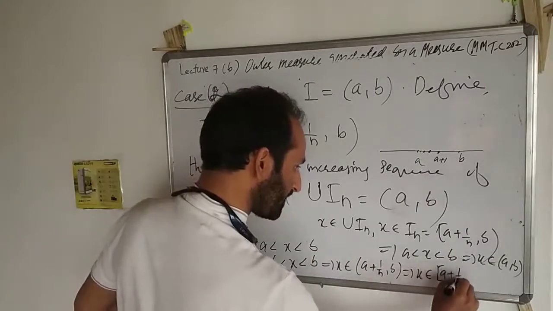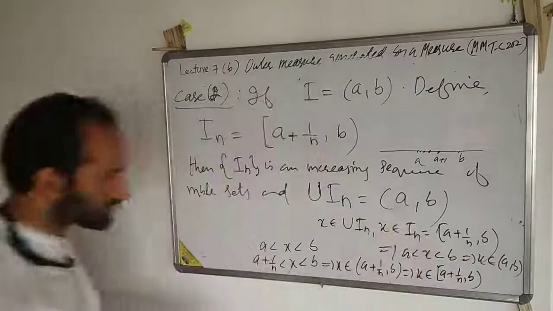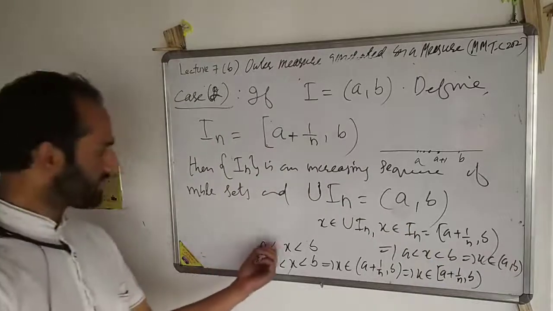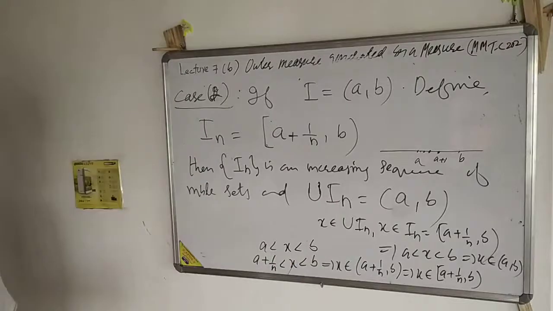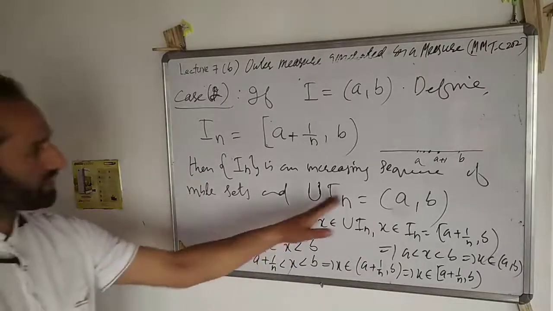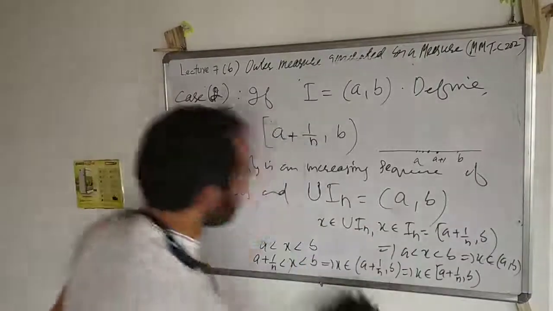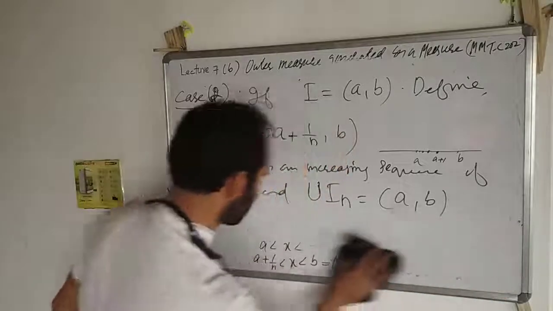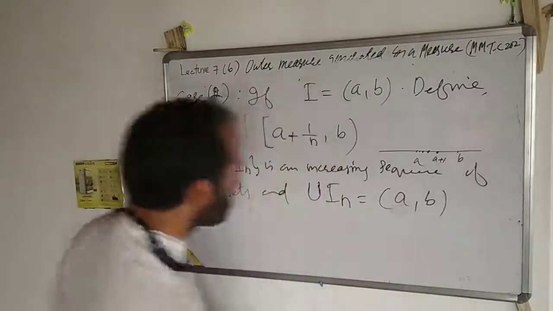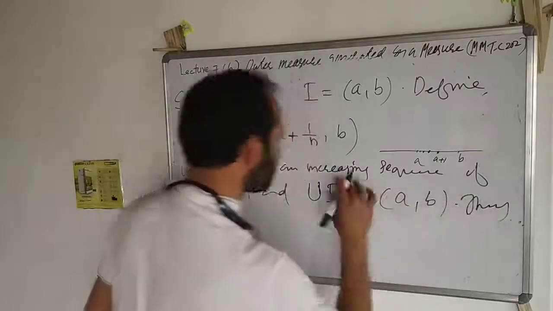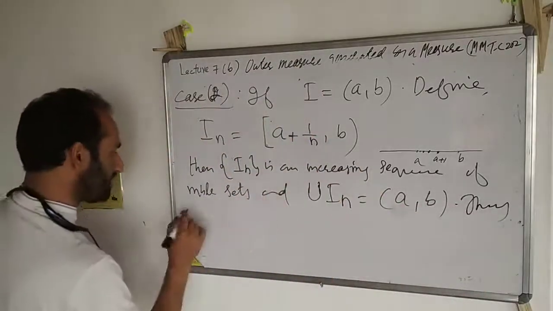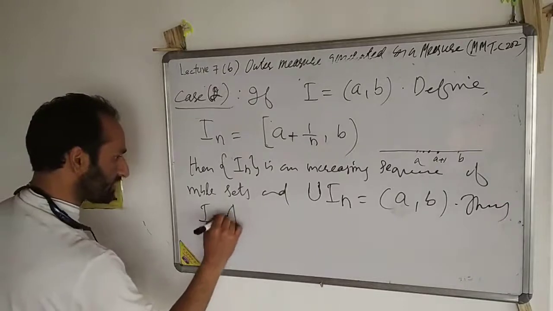So whenever x is in the interval, it belongs to a certain semi-closed interval. Therefore, it is in the union. So that means this union is equal to (a, b). Therefore, by the previous theorem, I_n is an increasing sequence, its union is (a, b). Thus I_n increases to (a, b),